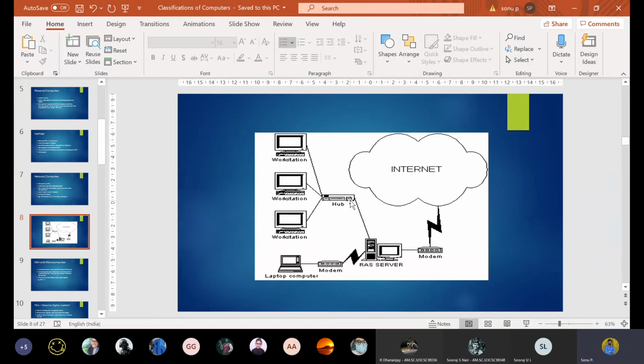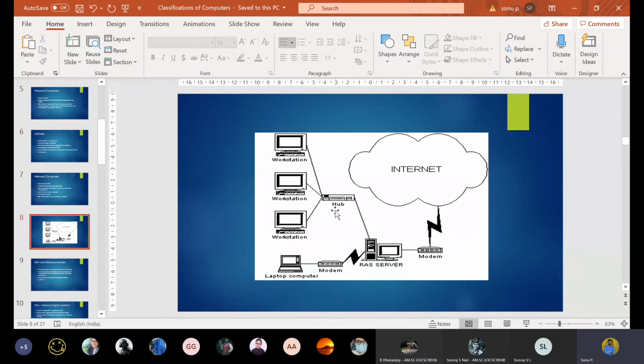In a network, what types of computers are required? How is wireless communication possible? How is wired communication possible? All PCs in the lab or workstations are connected in a wired manner to a hub or a switch. You are all clear about the hub, right? What is a hub?